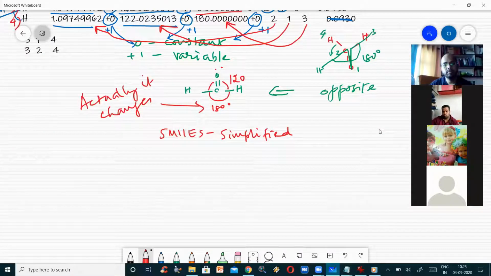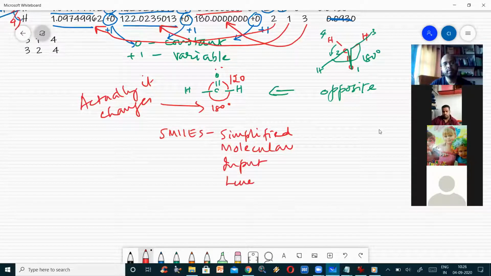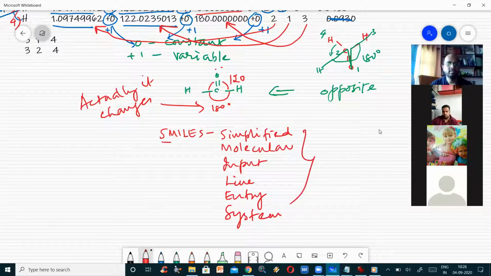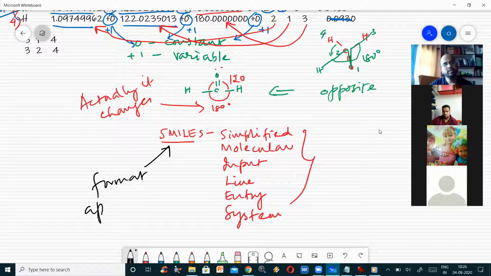Simplified Molecular Input Line Entry System. SMILES is called the SMILES. So this is a format approved by IUPAC.